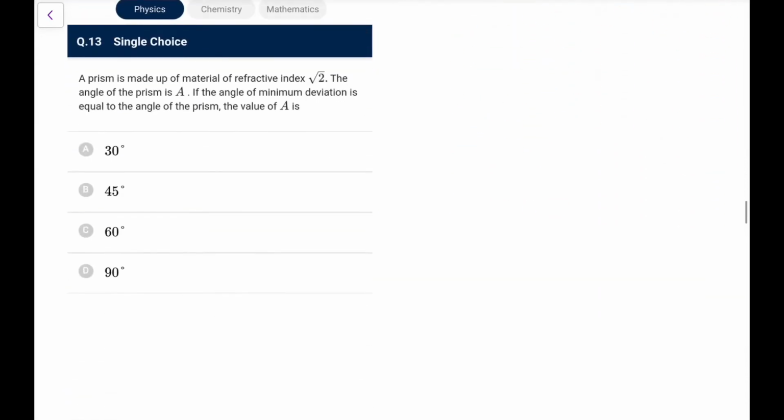Next, a prism is made up of a material of refractive index root 2. Prism angle is A. Minimum angle of deviation is equal to the angle of prism. This is a very common question. So you know the formula: n is sine of (delta min plus A) upon 2 upon sine of A by 2. Now what we have here, n is root 2, delta min is also equal to A,